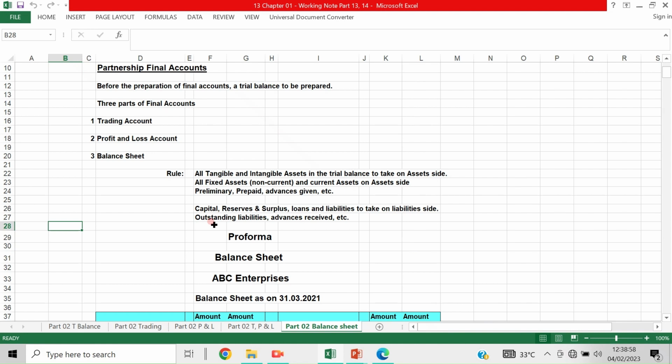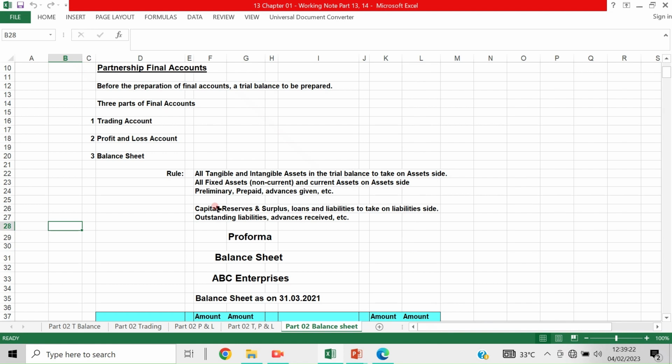Now the liability side, what will be taken on the liability side? Capital: if it is a proprietor, it is the proprietor's capital, or if it is a partnership concern, the partners' capital, and if it is a corporate company, the shareholdings. The shareholdings are the capital investment in the company. So shareholdings,